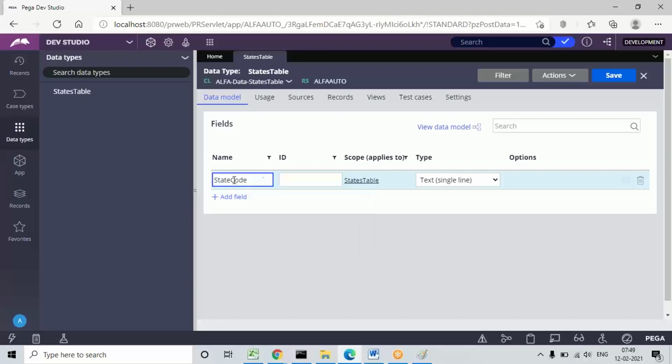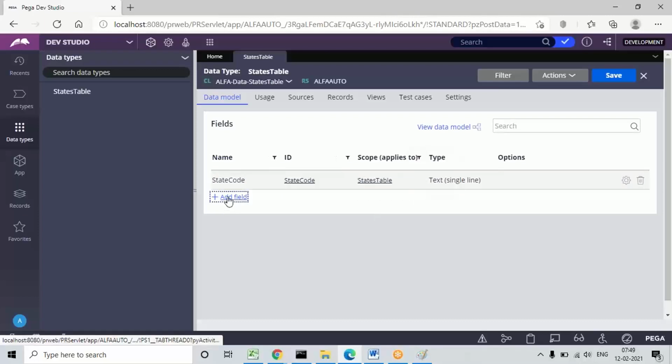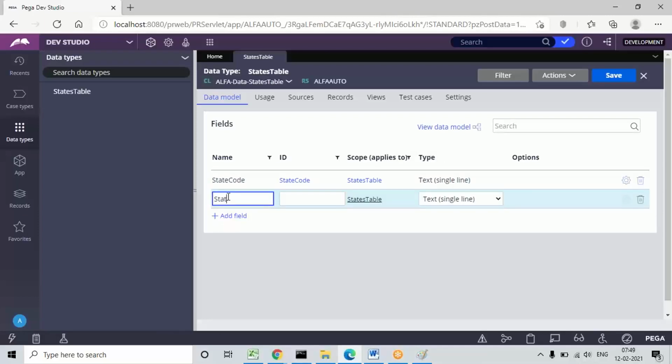One is state code, and I'm giving the type as text only, guys, because these are all string values. So type is text only, no need to change. So these two columns I'm creating. Now see, the table is not completed. If you only go up to here, if you create, it is just a data class, and how to create data classes we will work on again in the next scenario.